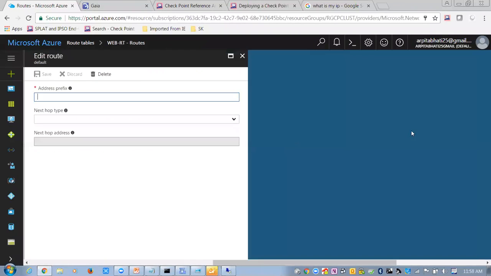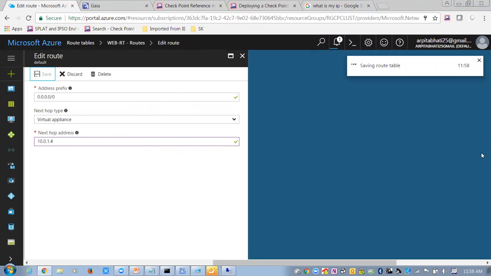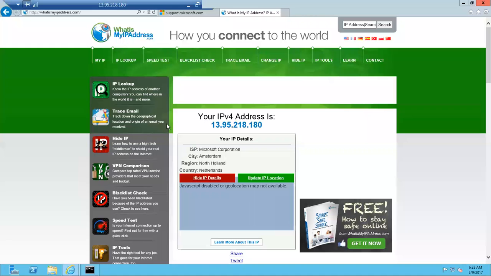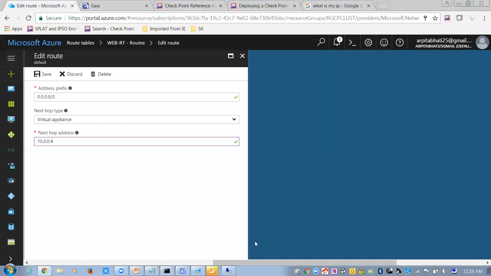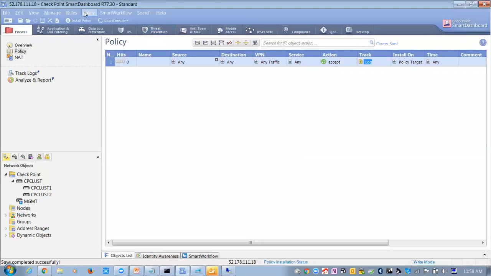Oh, I think I said it should be the 10.0.1.4 internal IP, not the external. Right, so now it is not working because the traffic is going to the Checkpoint firewall. Using the UDR, I just redirected the traffic so that all the traffic will go to the Checkpoint firewall. Now if I go here and launch the SmartConsole,